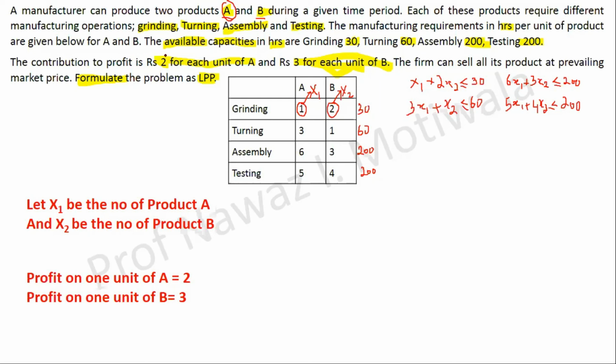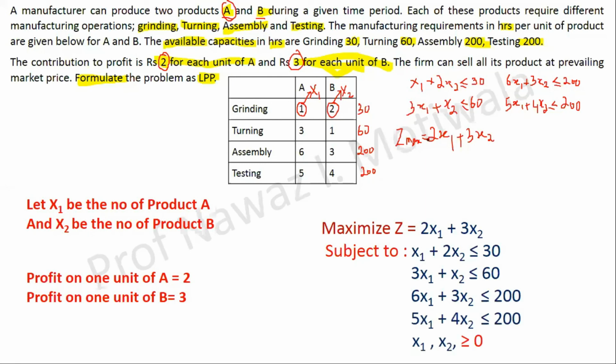It is given that one product gives us rupees 2 for unit A and there are x1 such products, so it will be 2 into x1, and 1 unit of B gives me 3 rupees profit, and the number of products is x2, so it will be 3x2 profit by product B. Total profit will be 2x1 plus 3x2, which we need to maximize, so I will write down Z max is equal to. So these are my answers which I have formulated, and we have to stop the problem here only because it is given to formulate the above problem as LPP. It is not given to solve the problem.